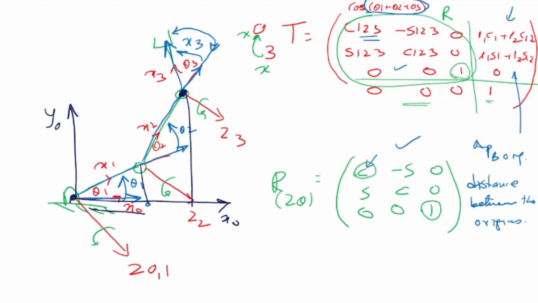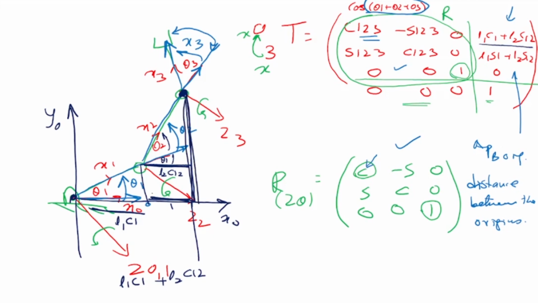The x direction is this much, which is L1 cos theta 1. What is this one? This much is equal to this much, which, if this is theta 2 and this is theta 1, is equal to L2 cos(theta 1 + theta 2). I hope you understood. So what is the total distance from here to here? It is L1 cos theta 1 plus L2 cos(theta 1 + theta 2). That is the distance between the origins in the x direction.